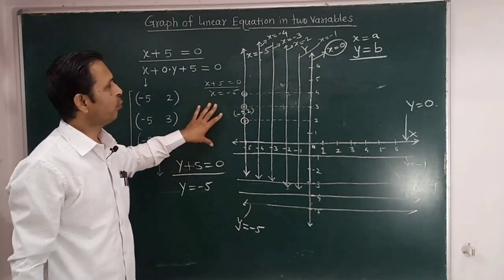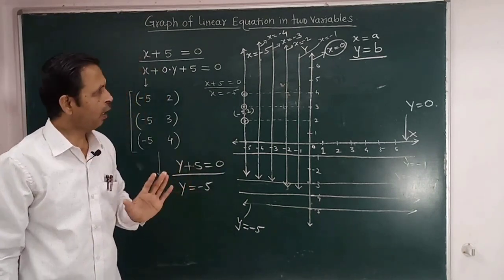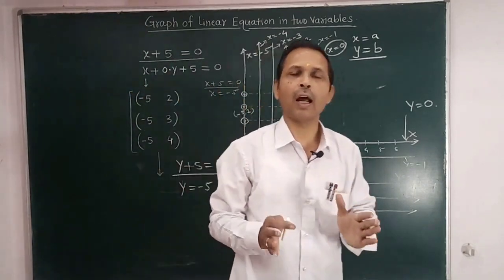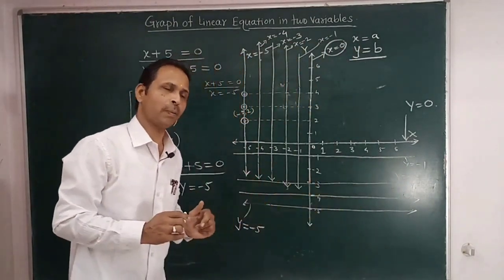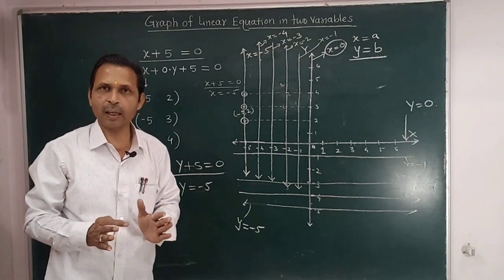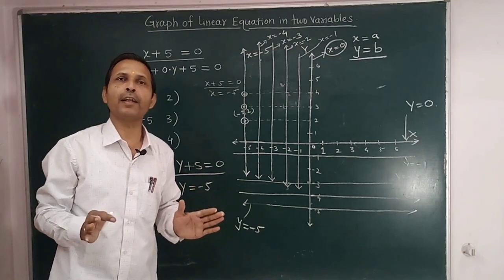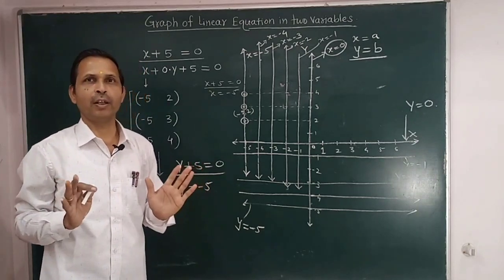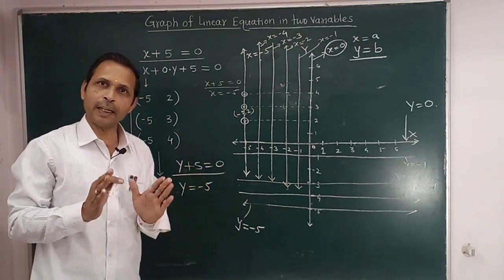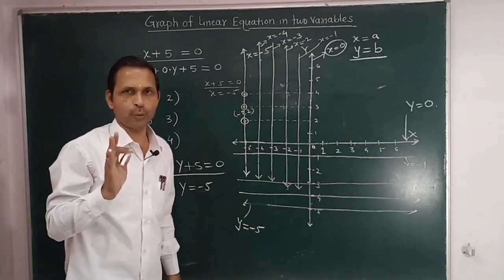In 9th standard we already learned how to draw the graph of the linear equation in one variable. Now let us try to understand how to draw the graph of the linear equation in two variables. The graph of a linear equation in two variables is also a straight line, but this graph is not parallel to any one axis, and for this purpose let us learn how to draw the graph of the linear equation in two variables.